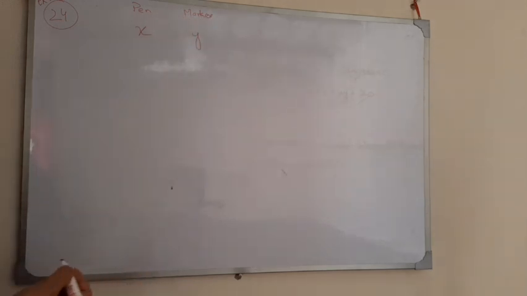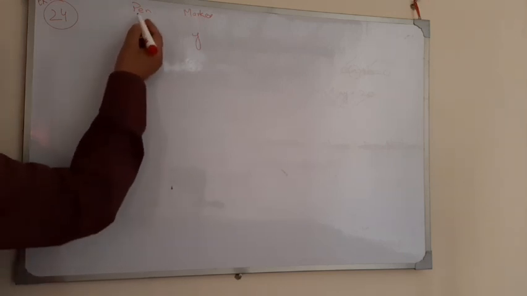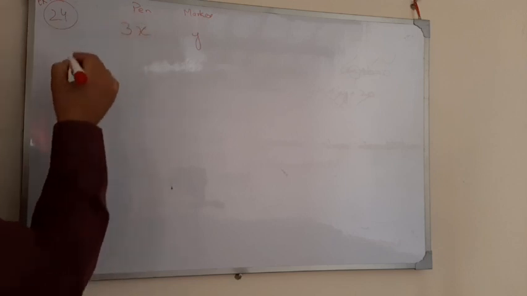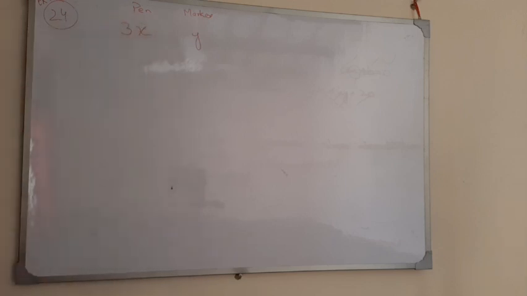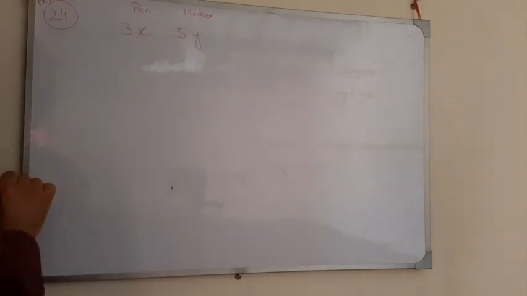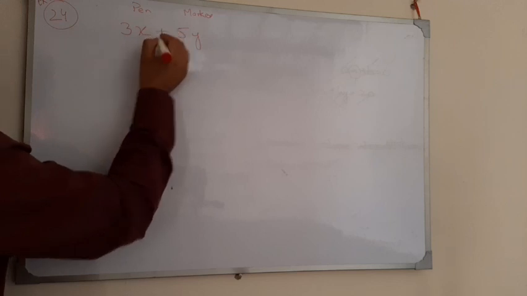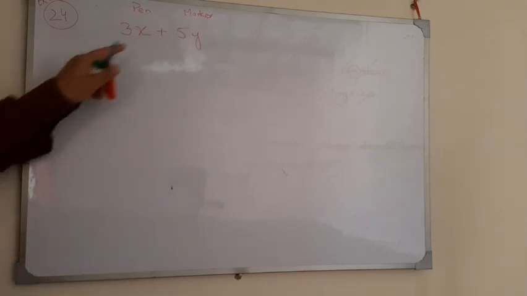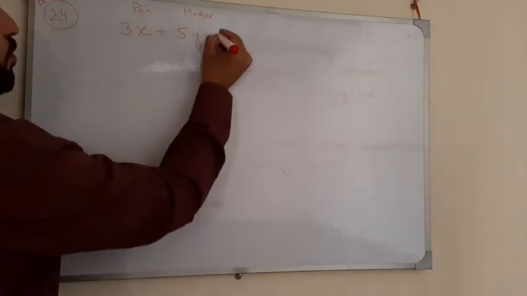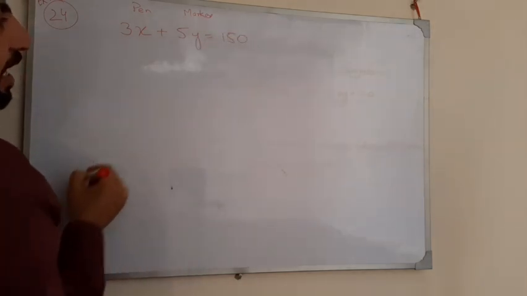फिर आगे वो क्या कहता है कि ईच यूनिट ऑफ ए रिक्वायर्ड 3 लेबर आवर्स। जो पहला पेन है उसको बनाने में कितने घंटे लगते हैं? 3 घंटे लगते हैं। एंड ईच यूनिट ऑफ बी रिक्वायर्स 5 लेबर आवर्स। और बी को बनाने में कितने घंटे लगते हैं? 5 घंटे लगते हैं। तो मैं इनके दरमियान प्लस का निशान डाल देता हूं और जो टोटल घंटे अवेलेबल हैं वो 150 घंटे अवेलेबल हैं।